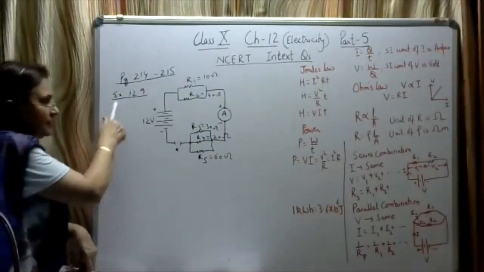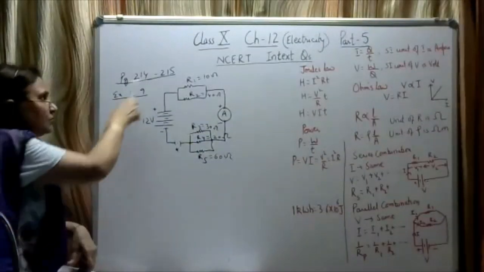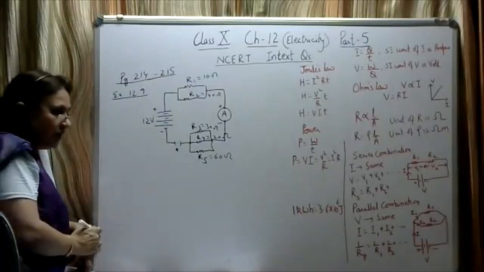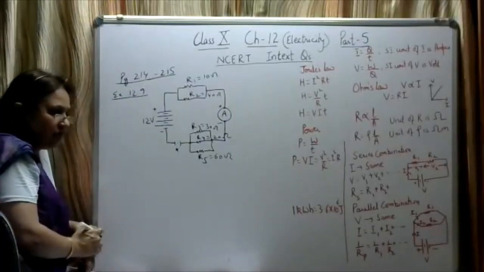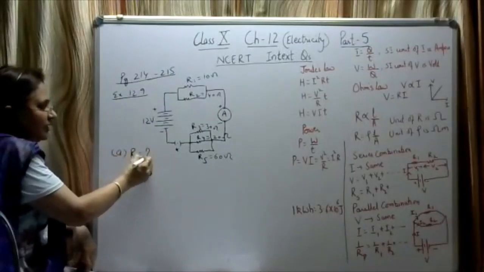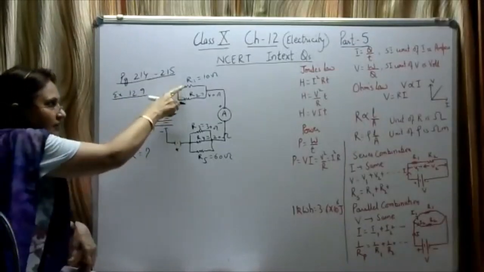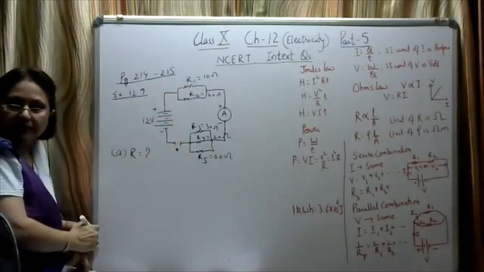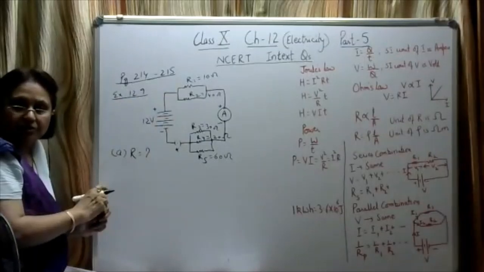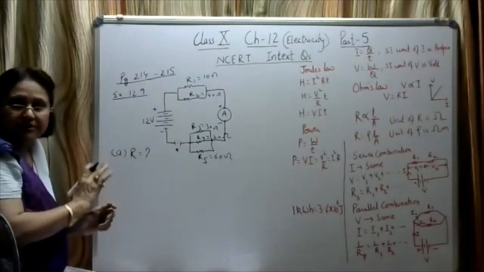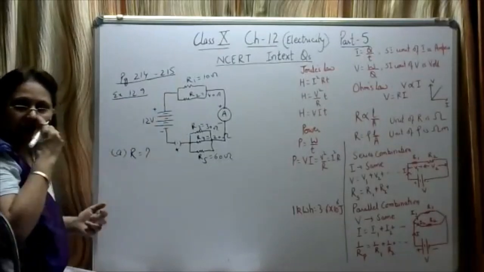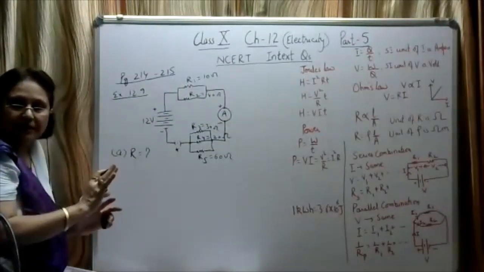The next example given on page number 215 is the figure as shown. In the first part, you have to find the total resistance of the circuit, that is, the equivalent resistance of the circuit where there are 5 resistances connected in this manner. Whenever the current divides in 2 or 3 branches, those resistances are considered to be connected in parallel. If the same current is flowing through the resistances, they are connected in series.